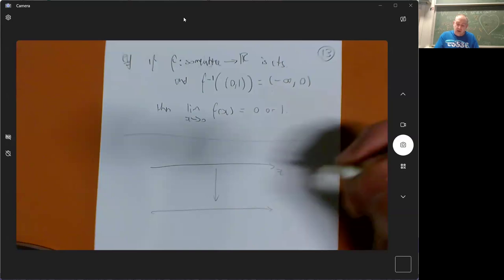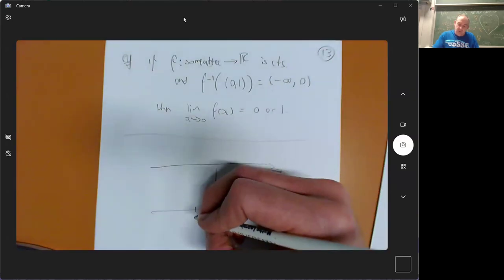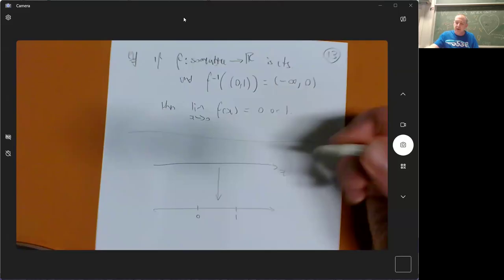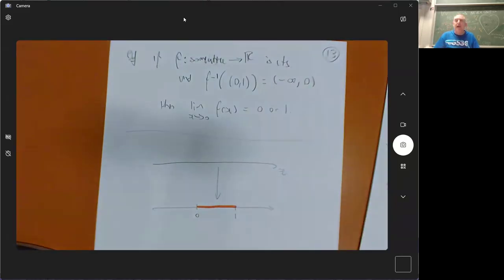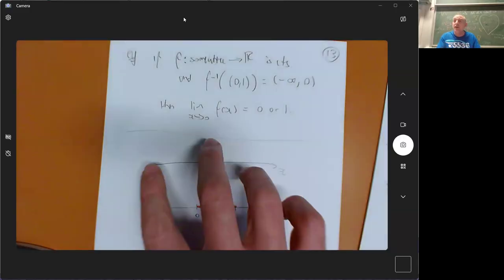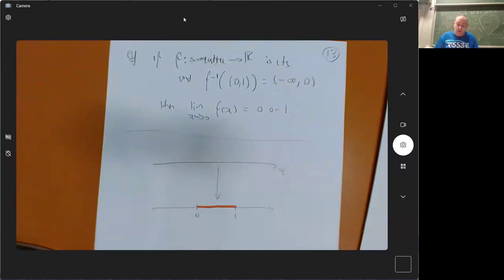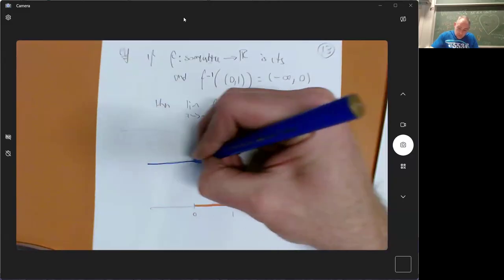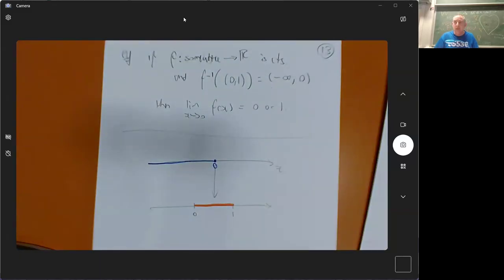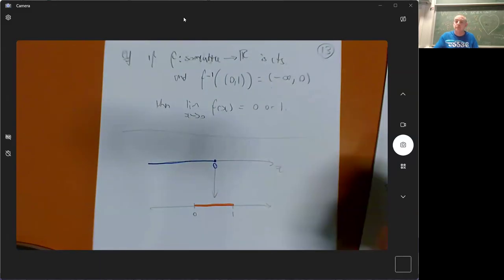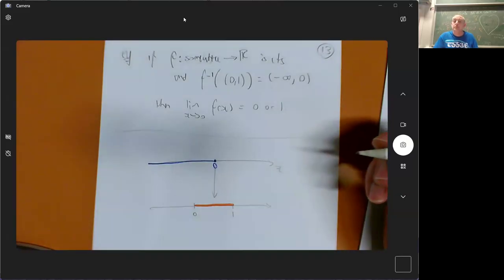And we're saying that if we look at all the ones that come between 0 and 1, these ones, and we look at every number that arrives in that spot, we get from minus infinity to 0. I just realised it should not be 0 or 1, it should be the closed set